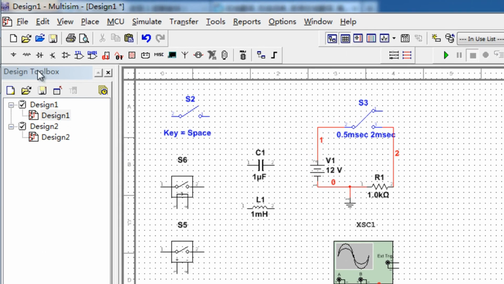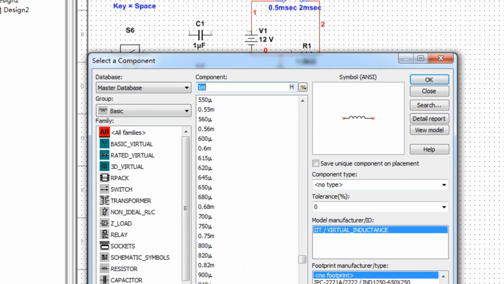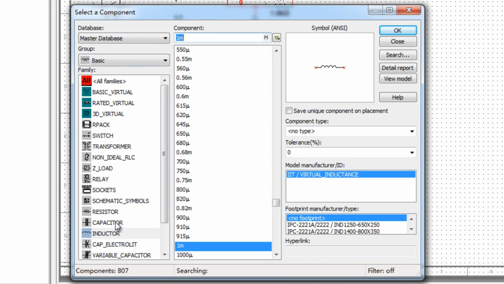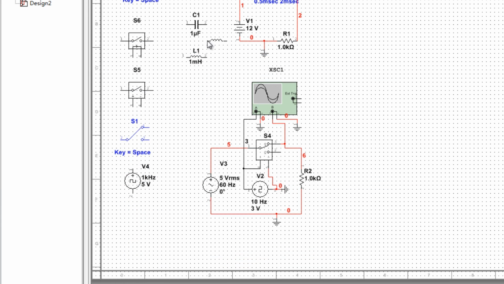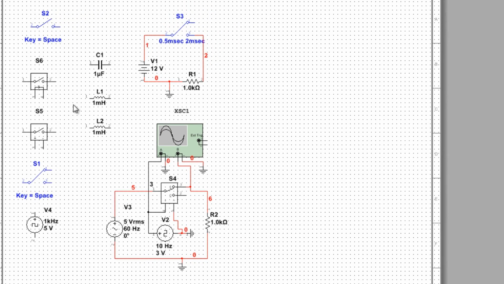to circuits. First, click here. There are capacitors and inductors. You can select them with different parameter values. For example, we have put a capacitor and an inductor. We put another inductor. The connecting way is exactly the same as usual. After